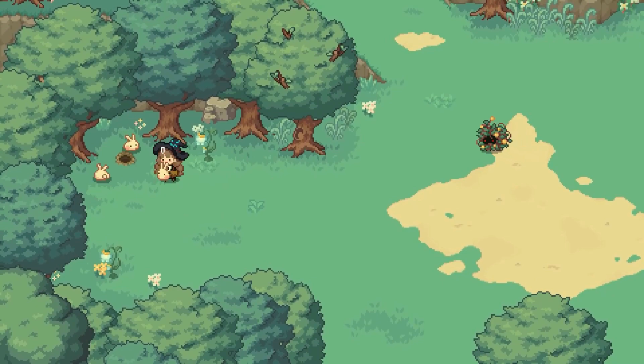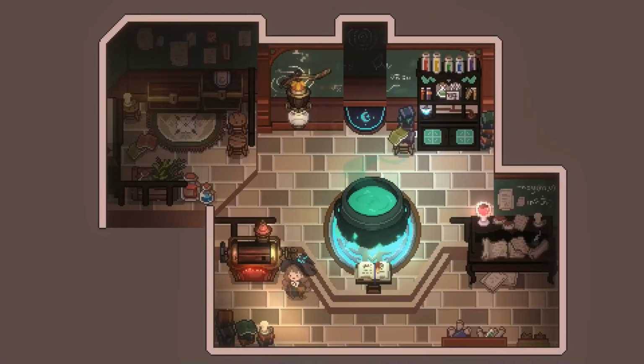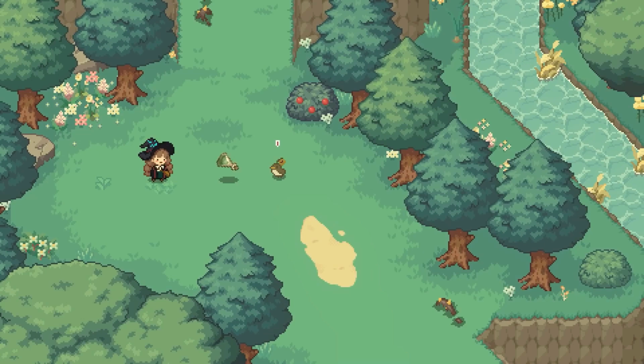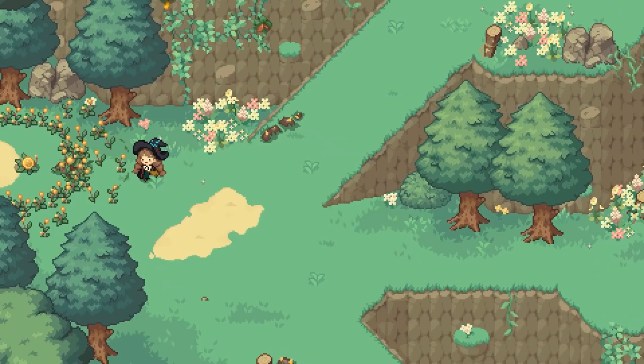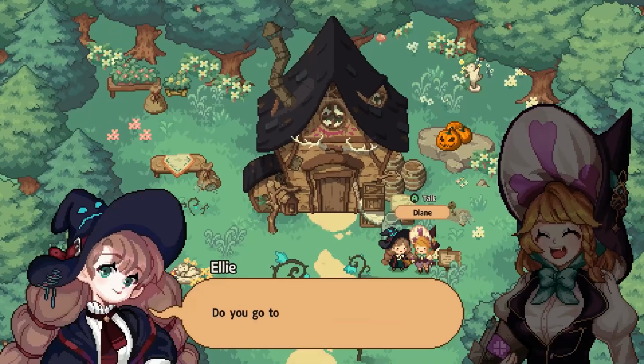a witch in training. Now, in this town, witches reside together and they build witches' houses in various locations to send their apprentices. And then these apprentice witches are tasked with aiding the local villagers, and if they're successful, they can earn the title of a full-fledged witch. So, as Ellie, your mission is to complete your apprenticeship and help those around you in making the world a